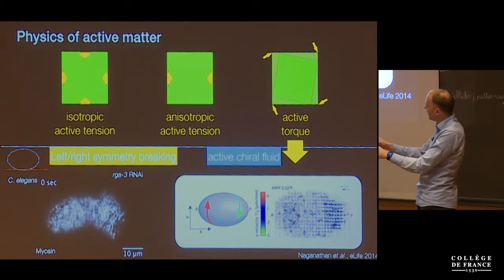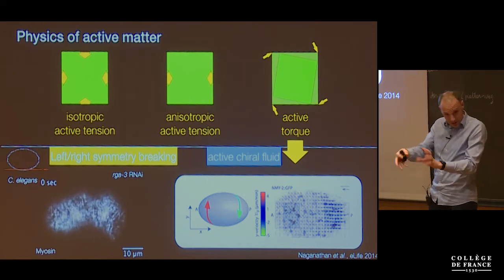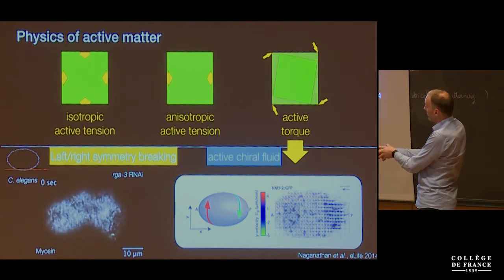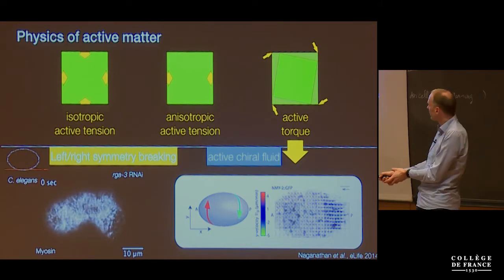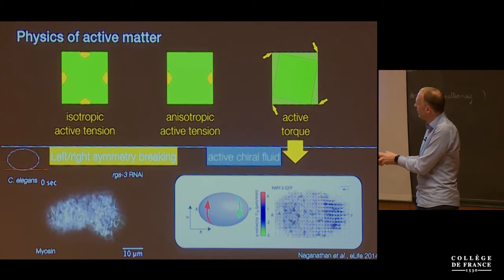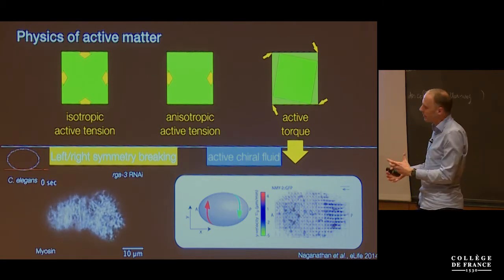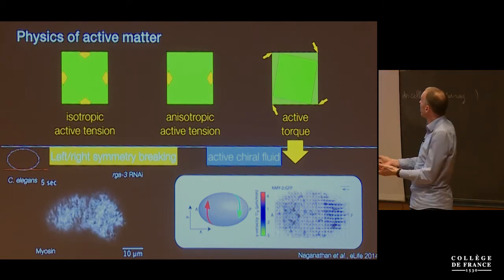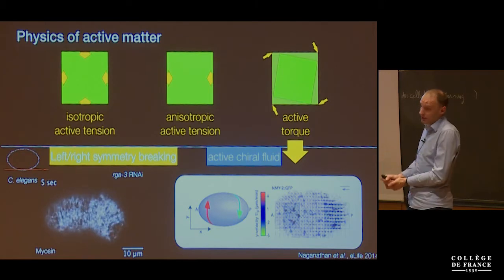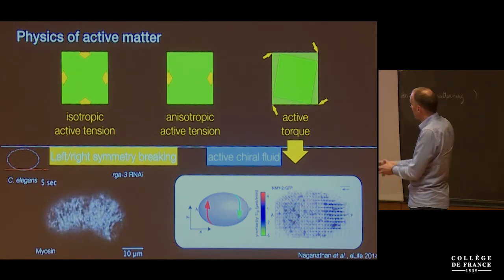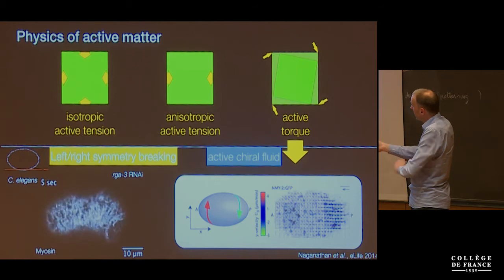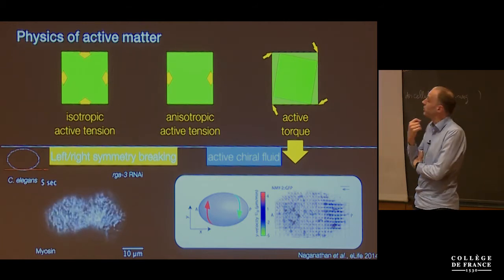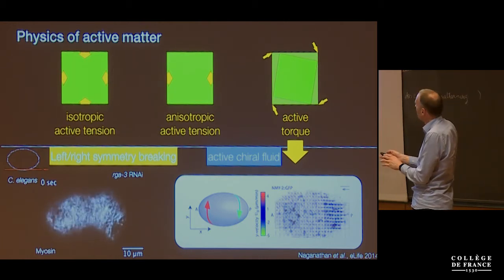And what you can see, this is a particular genetic perturbation. You can see now that this cortex is counter-rotating. Two halves are counter-rotating. And this is because the actomyosin cortical layer at larger scales is generating torques. There's a torque balance in 2 dimensions that we have to consider. And here now the myosin gradients drive flows orthogonal to the direction in which the concentration of myosins change.